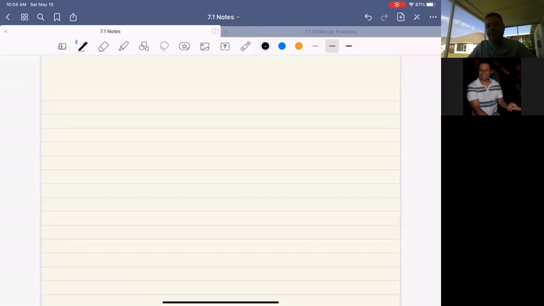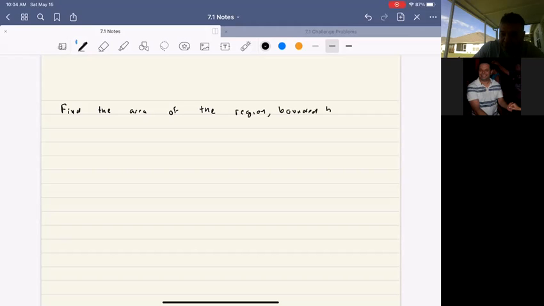Okay, let's start doing some more problems. So let's find the area of the region bounded by y equals sine of x, y equals x, x equals pi over 2, and x equals pi. Okay, so again,